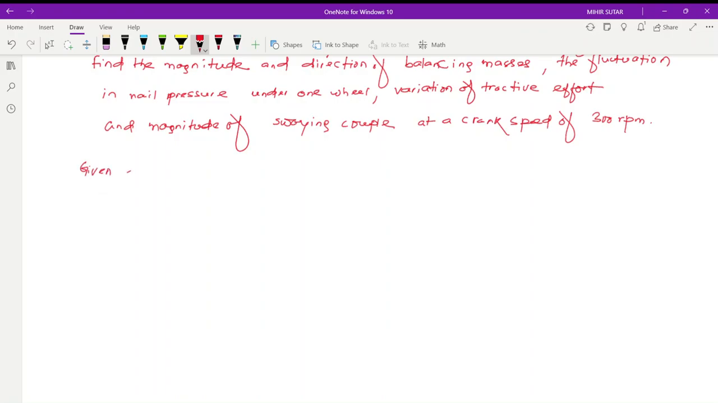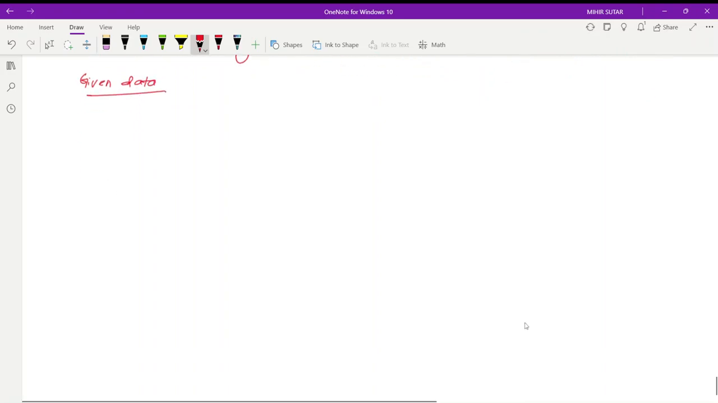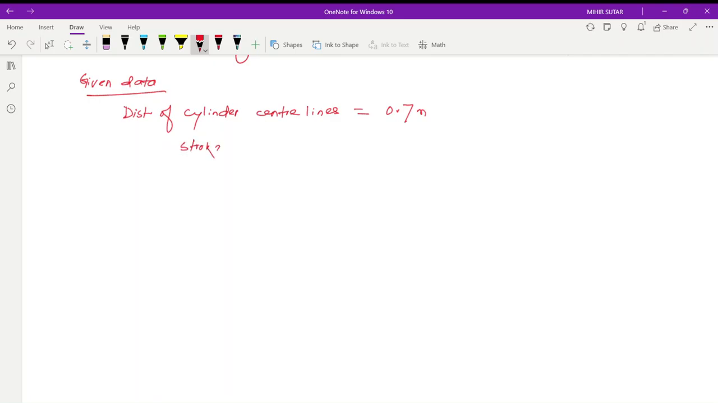Okay, now we have the given data. Distance of cylinder center lines is equal to 0.7 meter, stroke length is 0.6 meter and